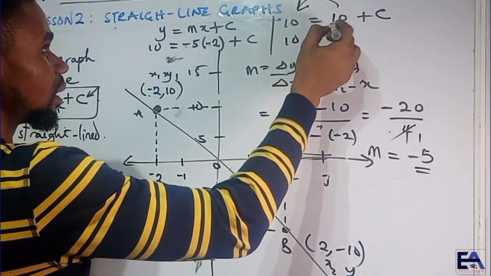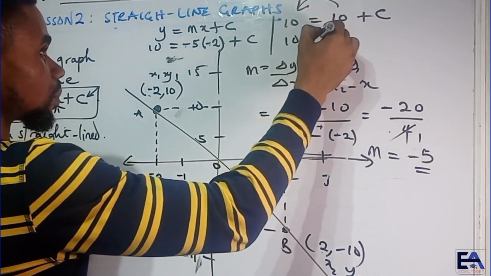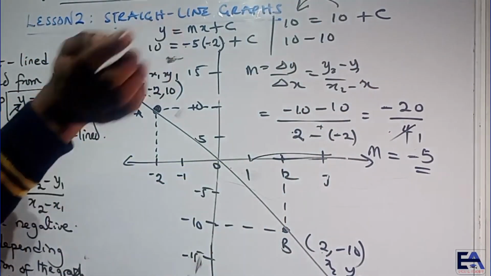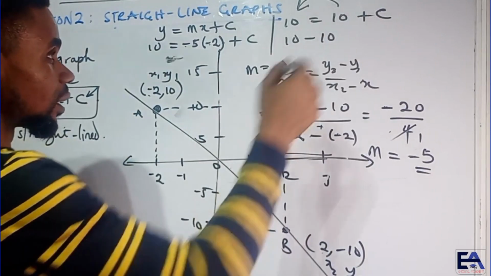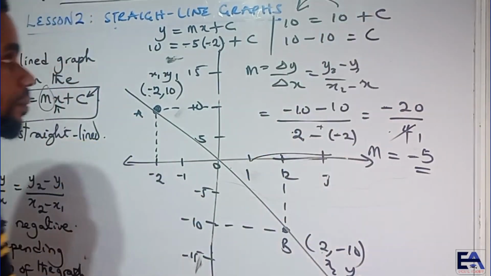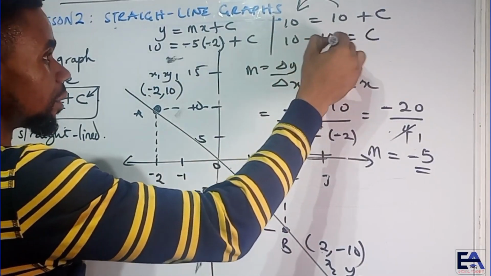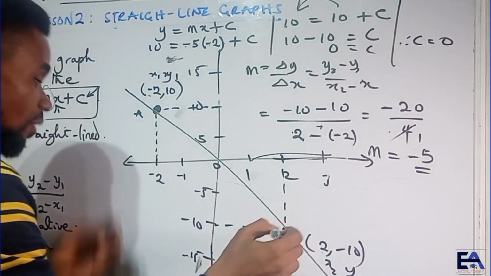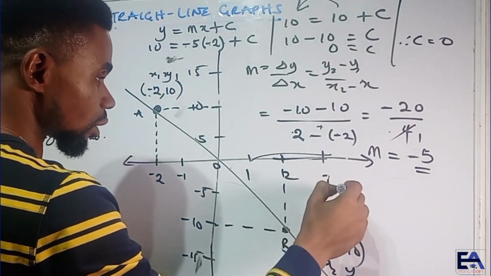We have 10, as this 10 goes to the other side, it becomes negative. So it was positive before, it goes to the other side, it becomes negative. Or you can say subtract 10 from both sides, just to make c stand alone. So we have c. So at the end of the day, 10 minus 10 is 0. So which means the intercept is 0. So therefore, the equation of the line